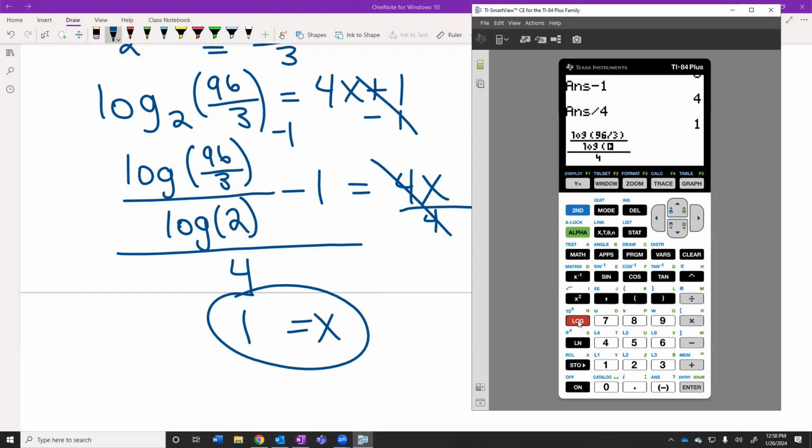Over the log of 2. If we type this all in correctly, the -1 is on top of the fraction, but outside of this fraction. If we type it all in at one time correctly, we will get the correct answer. But you have to make sure you type it in all at the same time correctly. If we put fractions in the